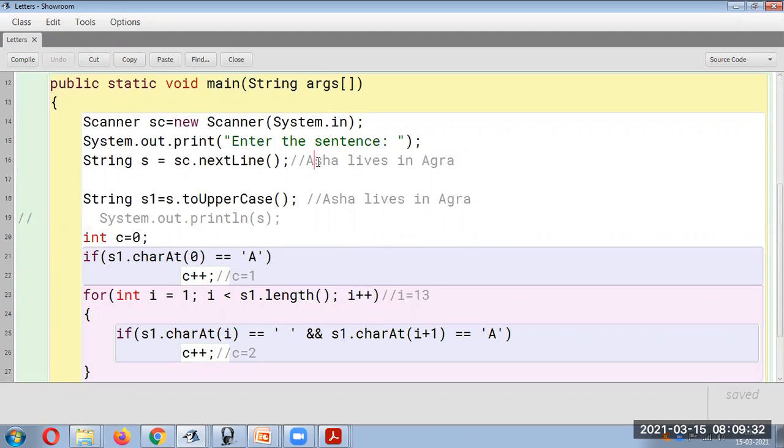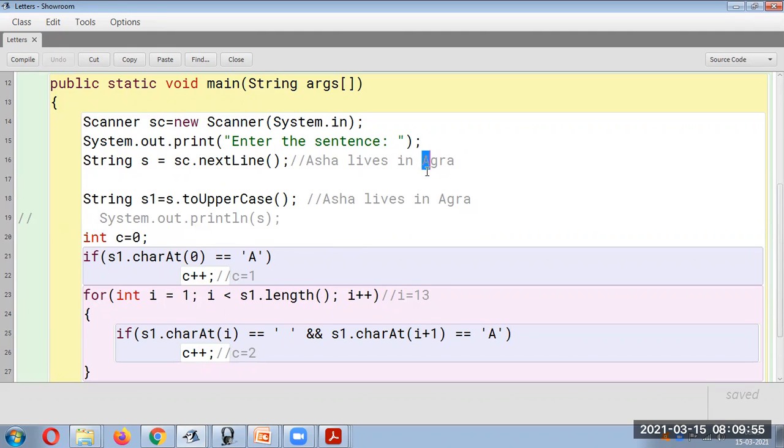Then we have to start from the first one, that is S is equal to 1. Because this is the array index, you have to start from 1 till the length of the array. Okay, so we have to go on searching. If the first character is space and the next character is A, that is in the first case, here it will not come, here it will not come, here it will come.